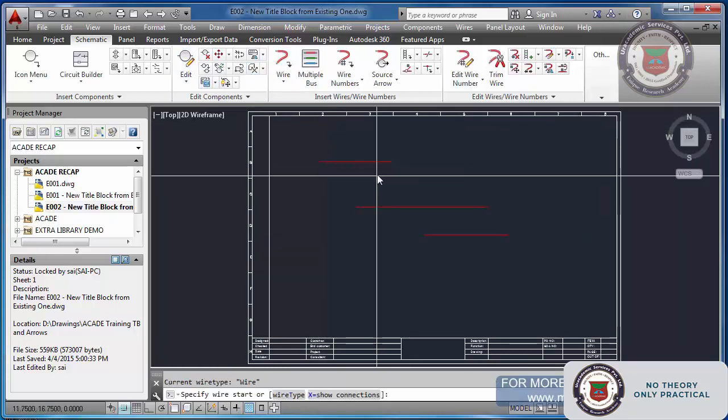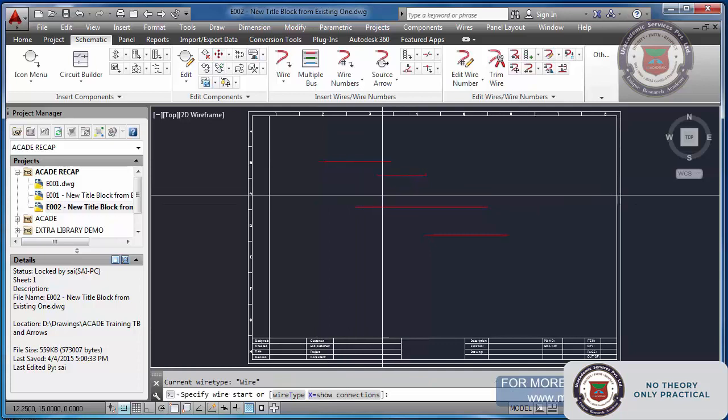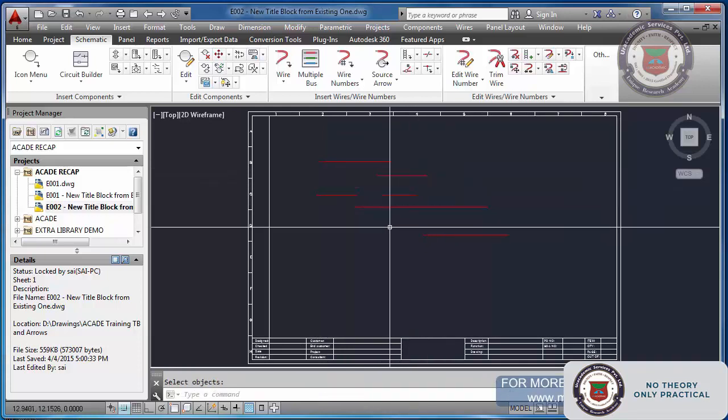And another thing is this snap mode. Snap mode means now you see my cursor is moving freely, but sometimes what happens is when you make a drawing from scratch, your cursor will jump from one point to another. I mean, the distance will be quite large.